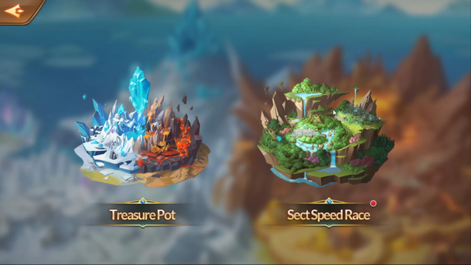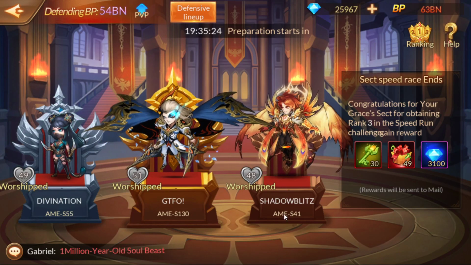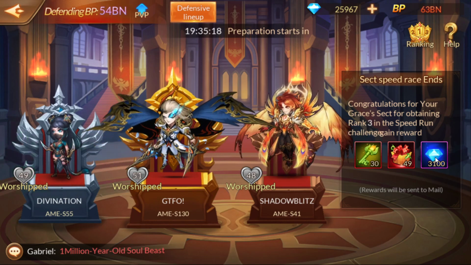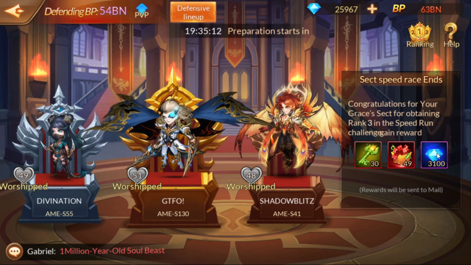The sect speed run is over. We did actually come in third place, I believe. Yeah, gold. So I think, yeah, third place. So that's 3,100 diamonds. So as you can see, building up diamonds fast is not difficult. Just make sure that you